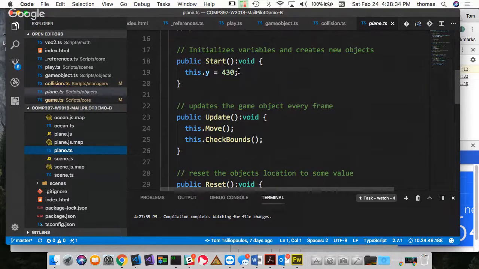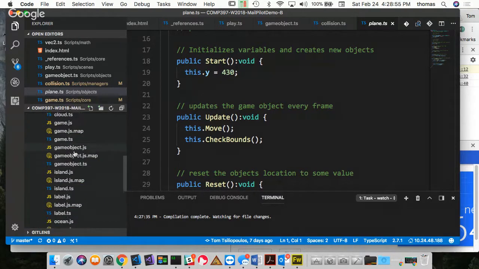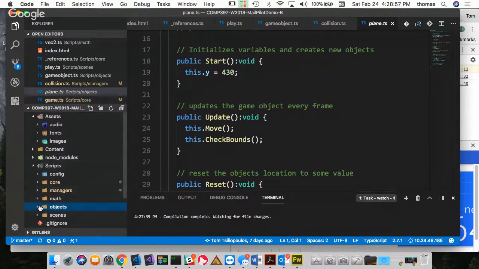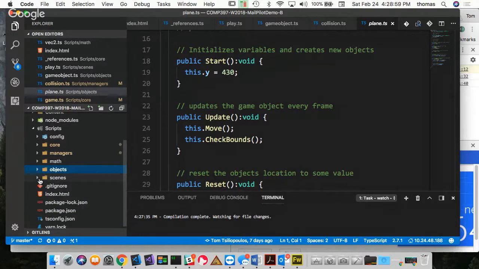But what happens later on when I want to move from scene 1 to scene 2, level 1 to level 2 to level 3? I want the sound of my plane to stop. And I won't have access to it in here at all. So it's better to put any kind of background sounds in your scene, not in your game objects. So if I go back into my scene, which is my play scene,